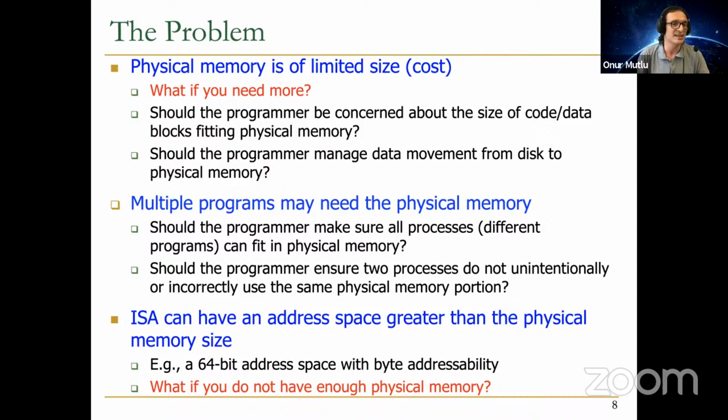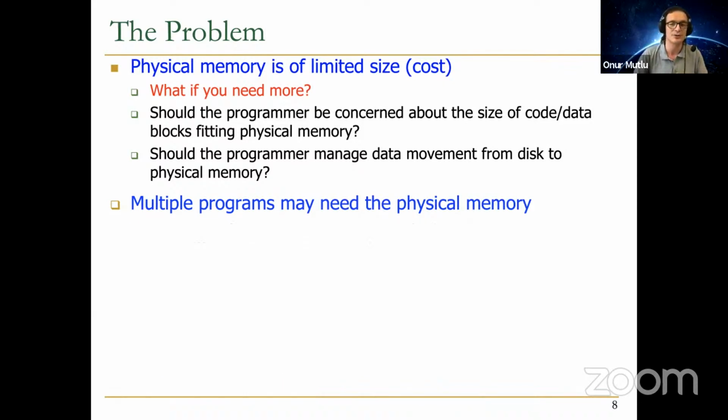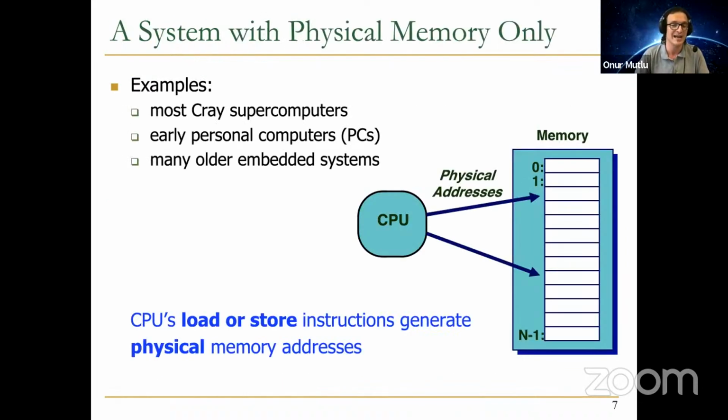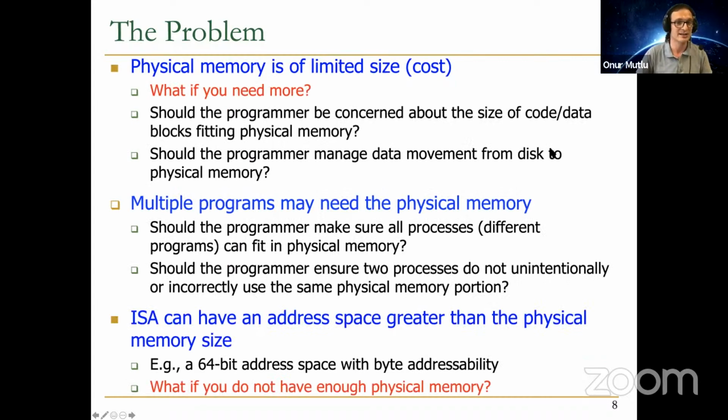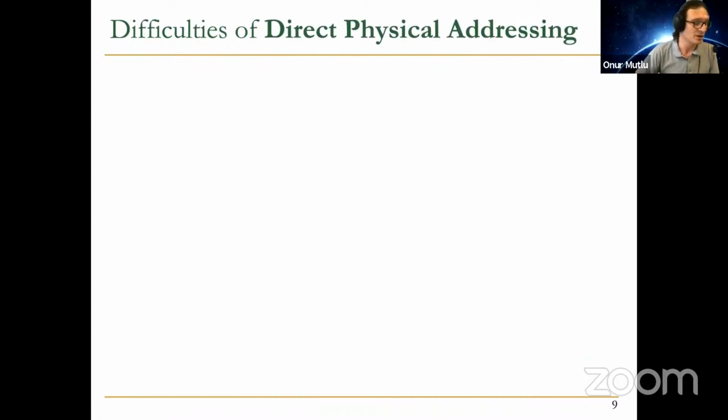So these three reasons are the reason why we do not have this picture, and we're going to modify it such that we go through a translation layer. CPU will generate virtual addresses, and we're going to map them to physical addresses. Okay. So basically, let me talk a little bit more about the difficulties of direct physical addressing in the picture